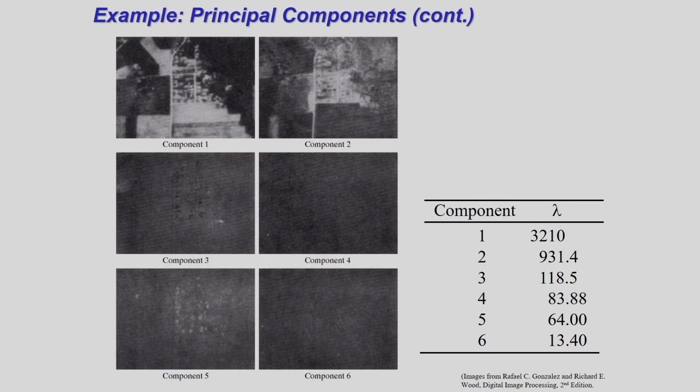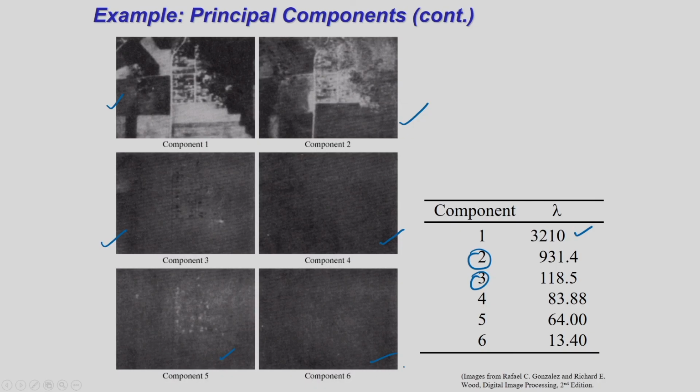And in this case I am considering the principal component, you can see, corresponding to the largest eigenvalue, the number 1, and you can see the eigenvalues like this, 3210, 931, 118, and these are represented as an image. So if I only consider the first eigenvalue, that is the principal component, corresponding to this will be my image, the component 1. If I consider the component 2, that will be my image. If I consider the component 3 corresponding to the eigenvalue, that will be my image. Component 4 is like this, component 5, component 6.